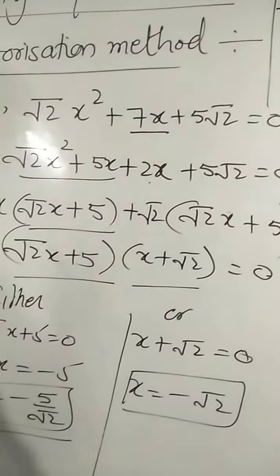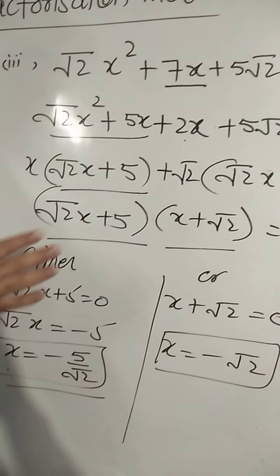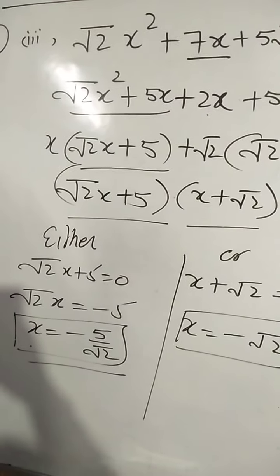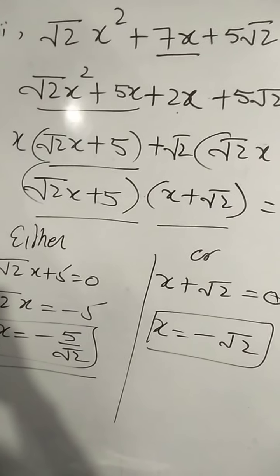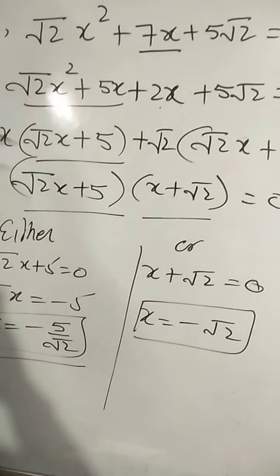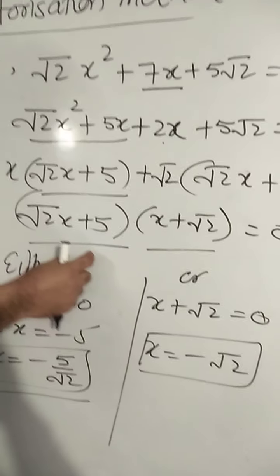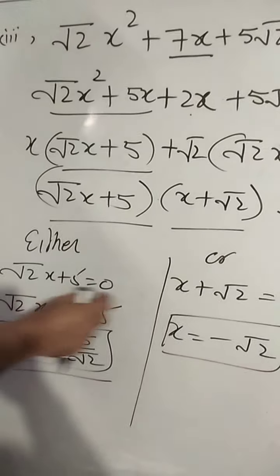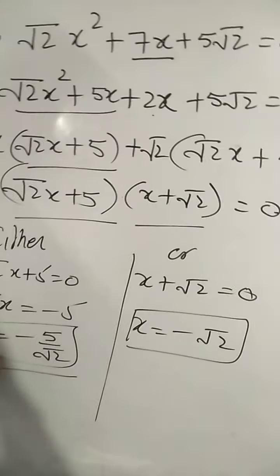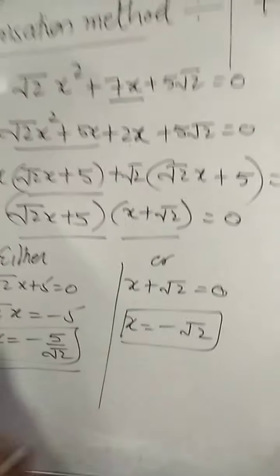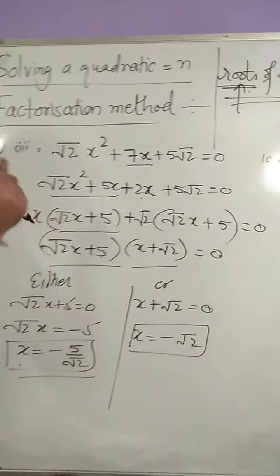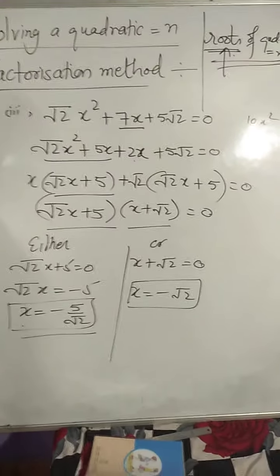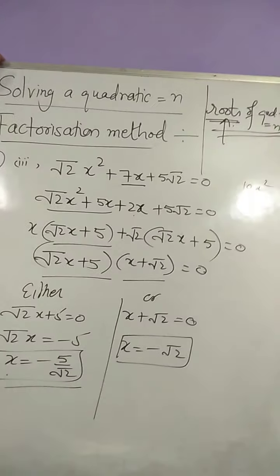How to get them? Factorize the given quadratic polynomial. You will get two linear factors. We can factorize by any method, by using some identity, by taking out some common factor, or by splitting the middle term. Two linear factors will be formed. Put them one by one equal to 0. You will get the two zeros, or rather the two roots, of the quadratic equation.